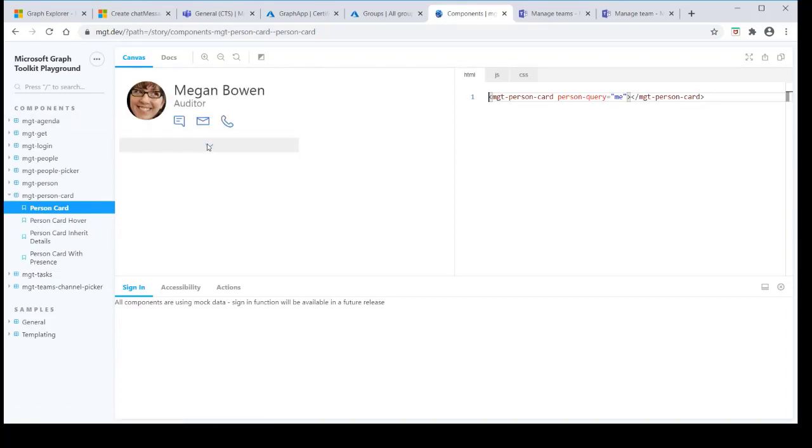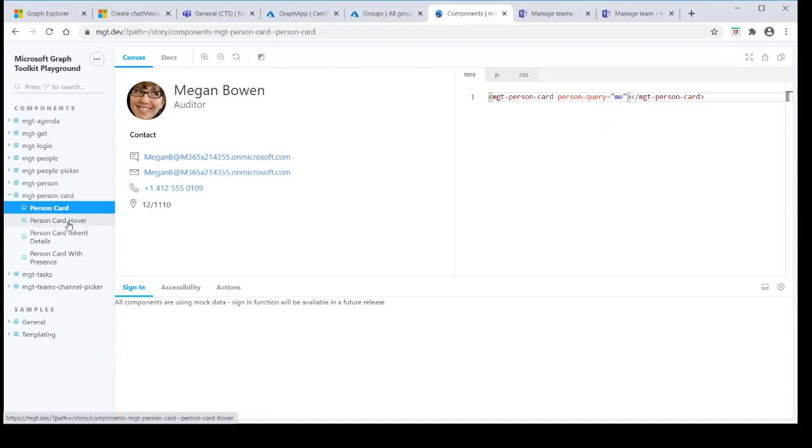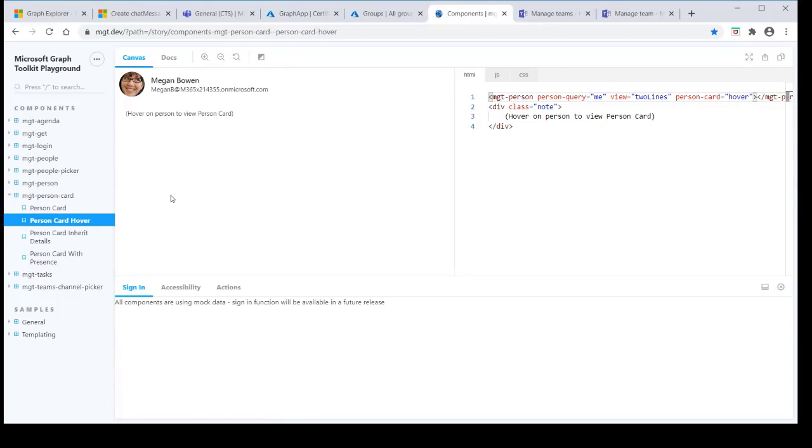This is a person card. If you click on it, you can see the person card information, and person card hover is a new component which was released as part of Build. If you hover over it, you can see the person card information.